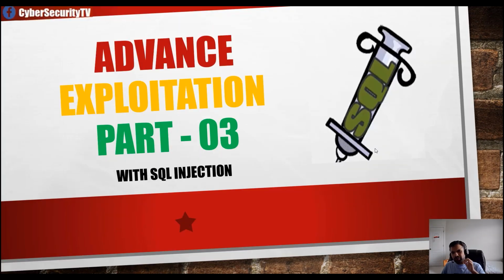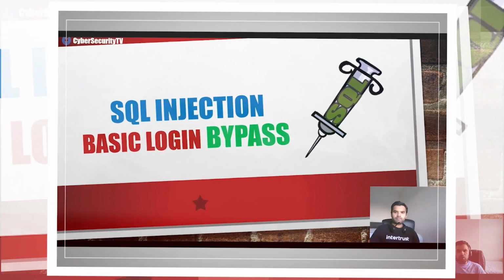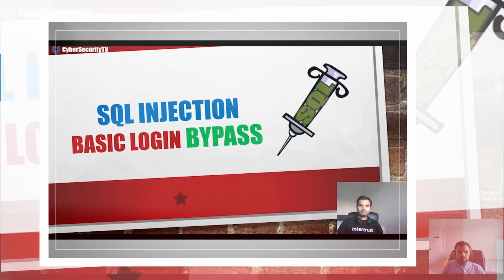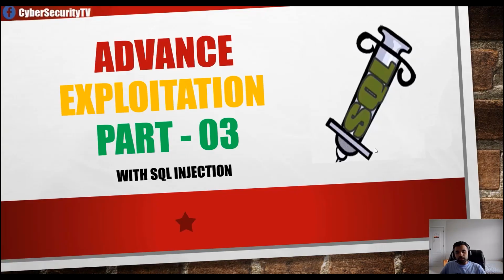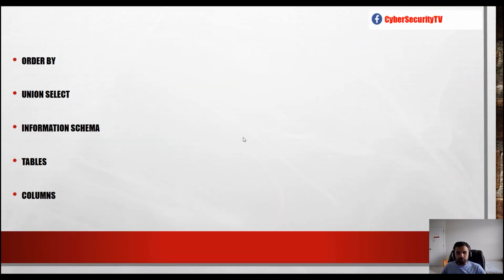In the previous two sessions, I think we covered the basic things about how the SQL queries are formed and how they are written in the backend, which are susceptible to SQL injection. How do we find out whether it's vulnerable to SQL injection, and how do we do the authentication bypass and stuff like that. In this episode, we'll deep dive into this one and try to learn about different terms or advanced queries that you can use when you find out something is vulnerable to SQL injection.